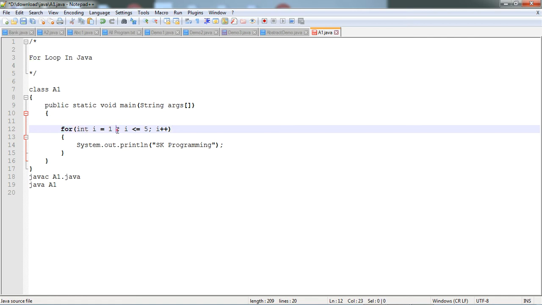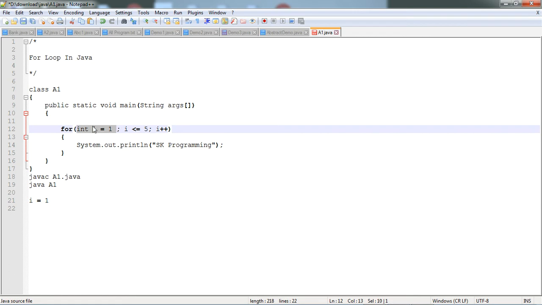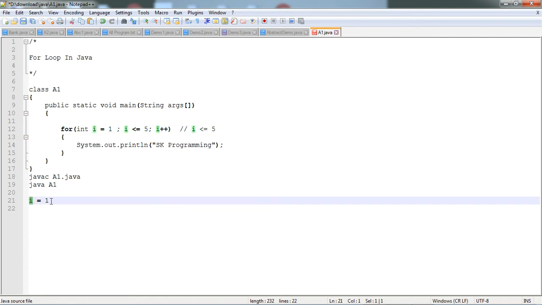int i = 1. It initializes the value of i with 1. Okay. Then after this initialization, the cursor moves to the condition. It checks the condition i <= 5. Whatever the value of i right now, the value of i is 1.